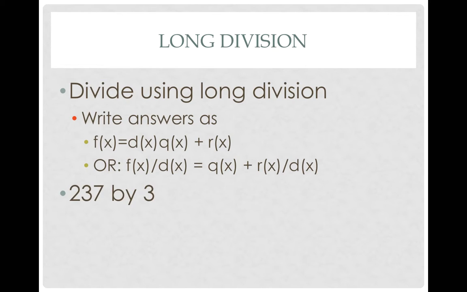So let's look at 237 divided by 3 using simple long division that we learned way back in 3rd grade. Now we know that 237 divided by 3 is going to equal some number plus the remainder. And we did this way back in the day, so let's go ahead and see what this is going to be. So if I do 237,